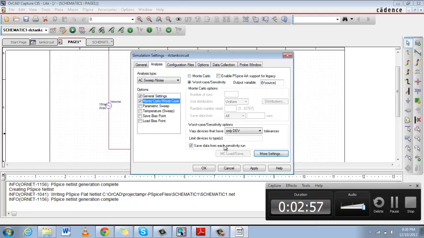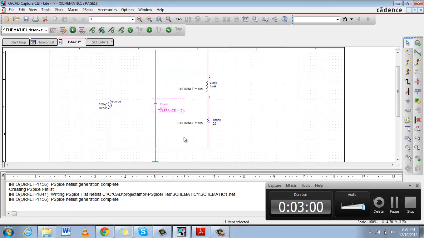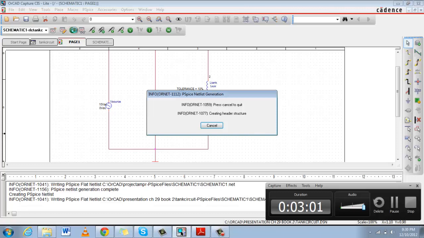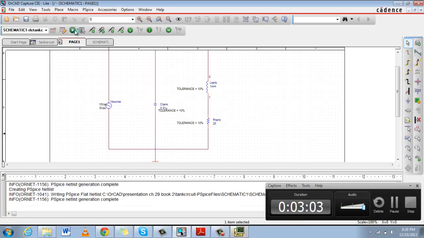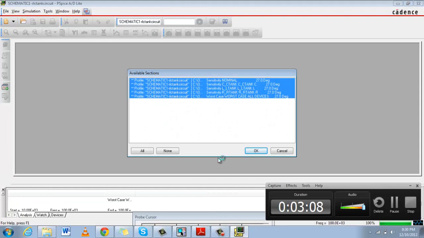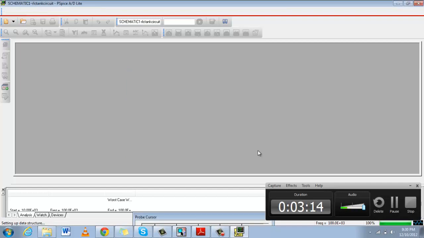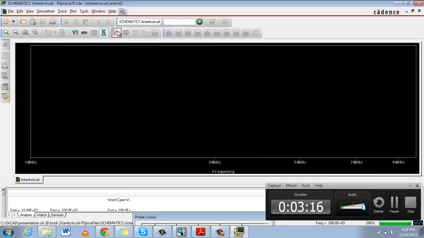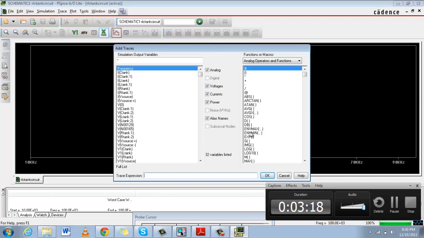Click OK, and then run it. As we have 5 curves, we will have the 5 circuit curves. So just click OK, and now go to the output.